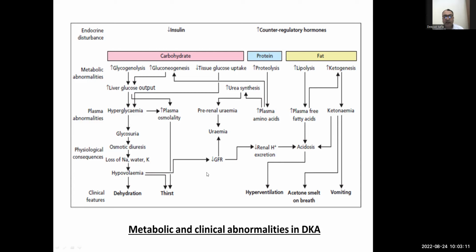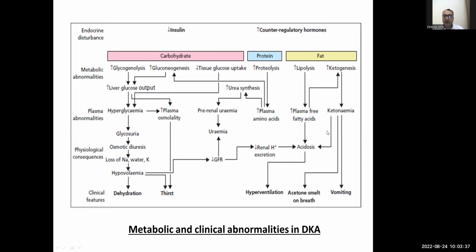The decrease in the GFR is due to the osmotic diuresis. The plasma volume will also decrease, and decreased plasma volume along with dehydration leads to a low GFR, and that will lead to uremia in case of diabetic ketoacidosis. And with regard to fatty acid metabolism, it will increase the lipolysis, the glucagon, it will